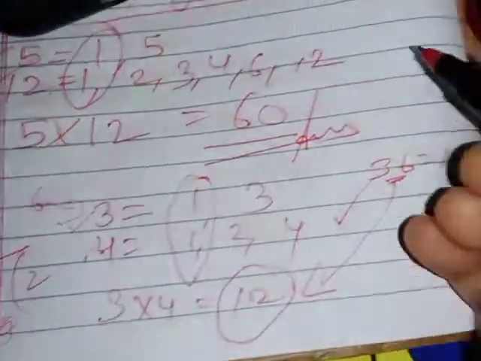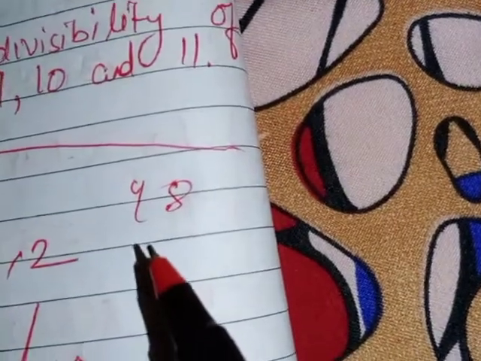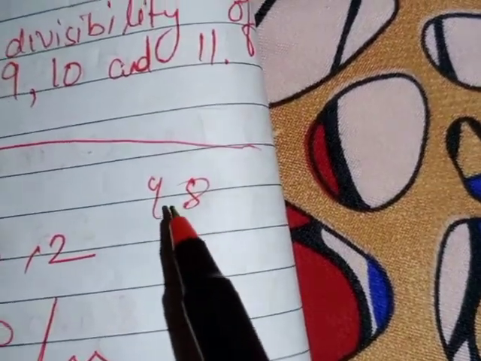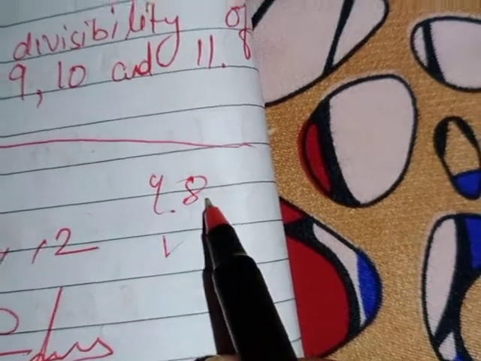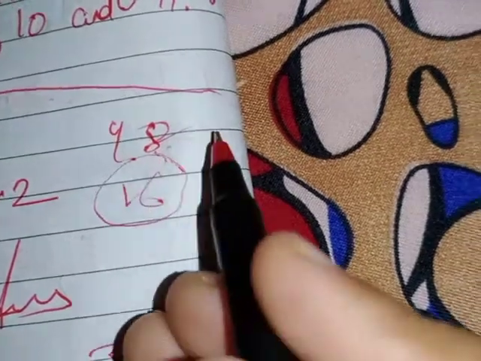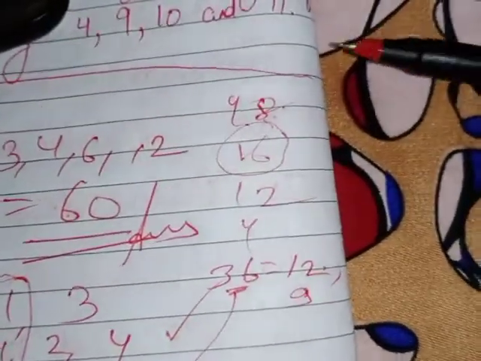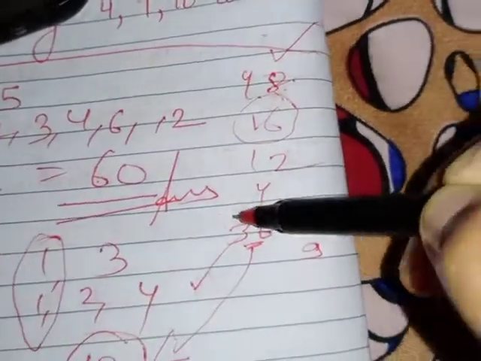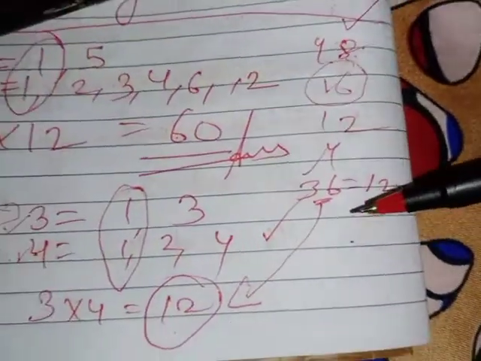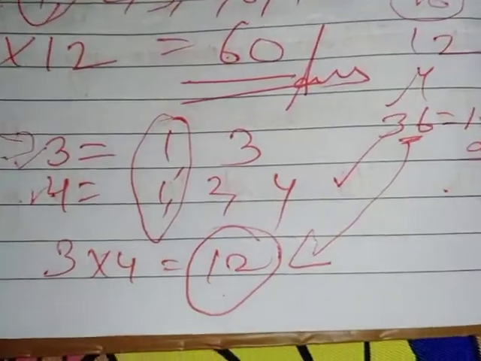Similarly, if you take a number which is 48. Now you see this 48 is divisible in the table of 3 for sure. We know that 3 ones are 3, 3 sixes are 18, 16 into 3 we get 48. Now this 48 is divisible in the table of 4 also, 12 times. This 48 is divisible in the table of 12 also, 4 times. Is it clear to you? So all those numbers such as 48, 36 are divisible by 3, 4 and 12 also. Clear this thing?